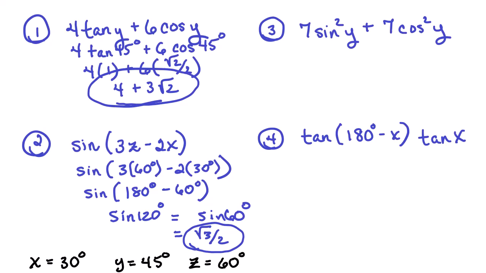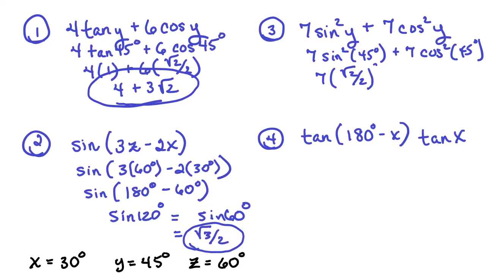Now we have 7 sine squared of y plus 7 cosine squared of y. So we're going to replace each y with 45 degrees. That gives us 7 sine squared of 45 degrees plus 7 cosine squared of 45 degrees. So we have 7 times the sine of 45 degrees, which is the square root of 2 over 2. We need to square that. Plus 7 times the cosine of 45 degrees, which is also the square root of 2 over 2, and we square